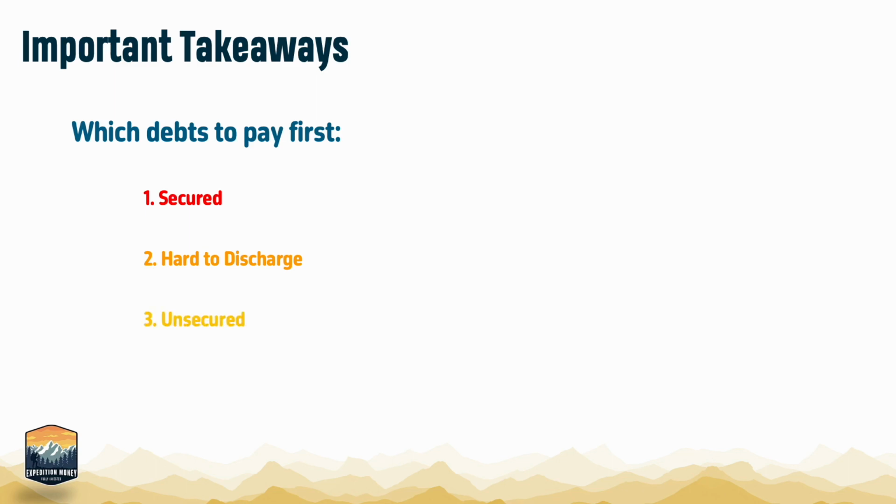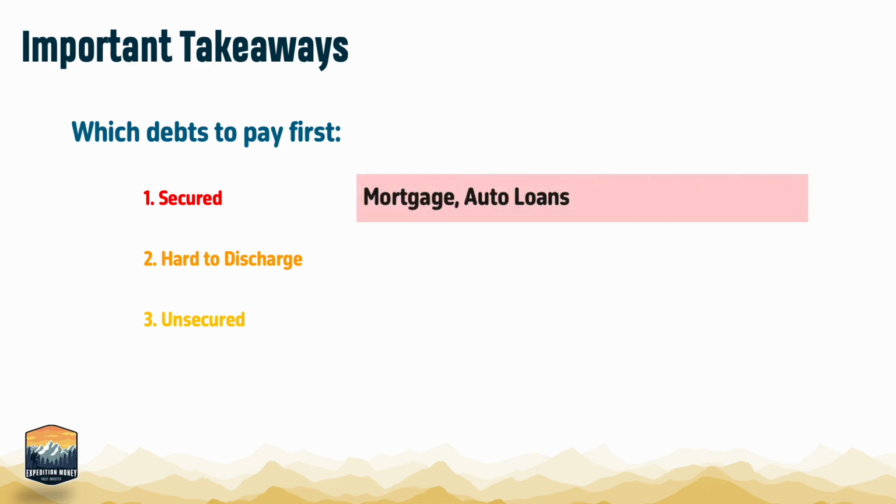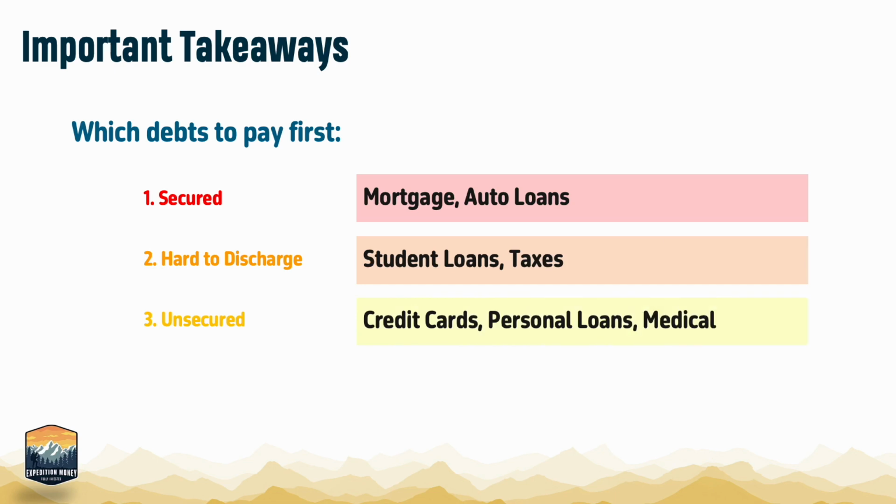We talked about the differences between secured debts, like auto loans and mortgages, and unsecured debts, like credit cards and personal loans. Because secured loans are backed up with our property, we want to make them a priority so we don't lose our home or car. There are other obligations which we'll cover later, which are hard or impossible to get rid of without paying them off, like student loans or even back taxes. We'll want to focus on those next.